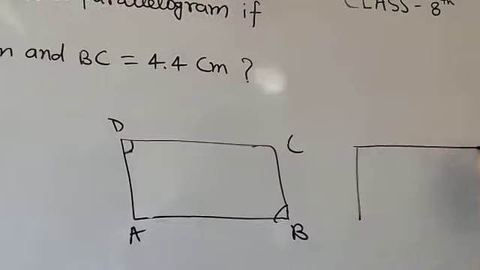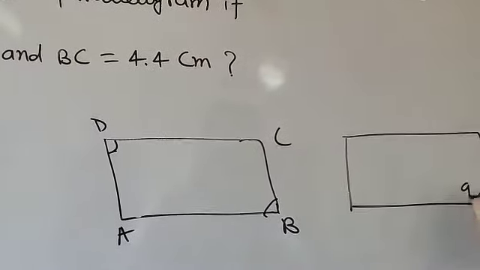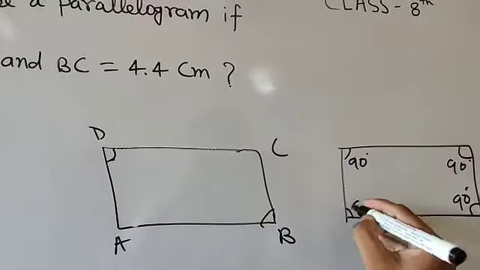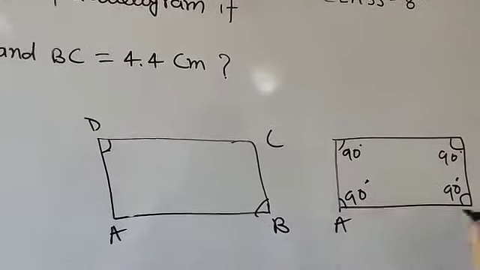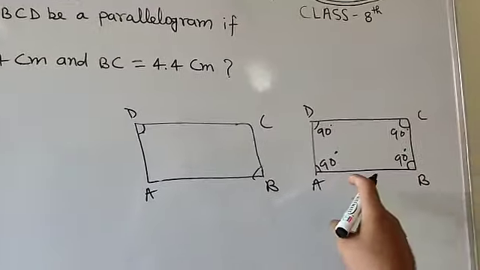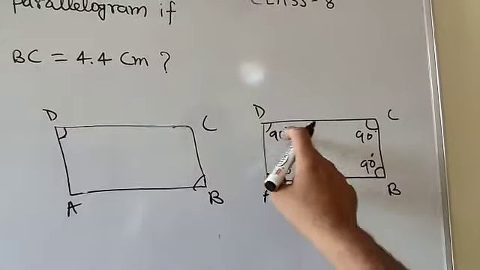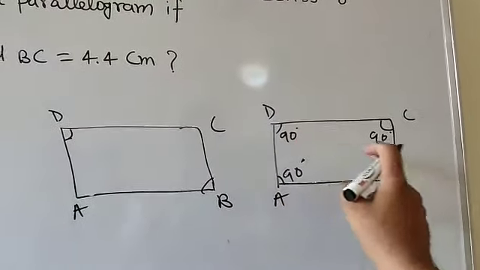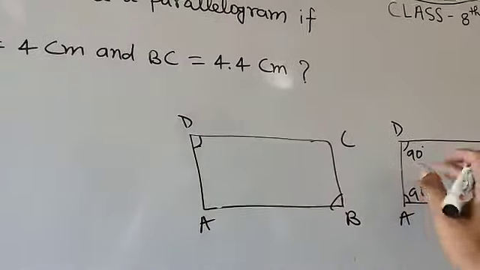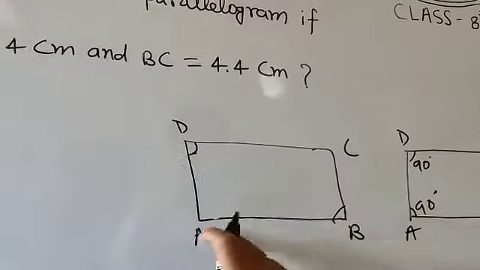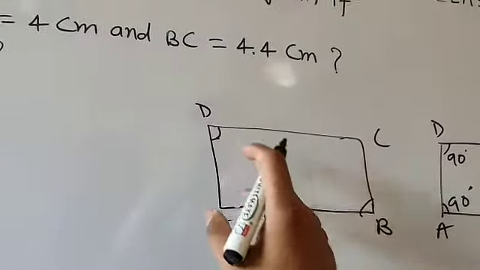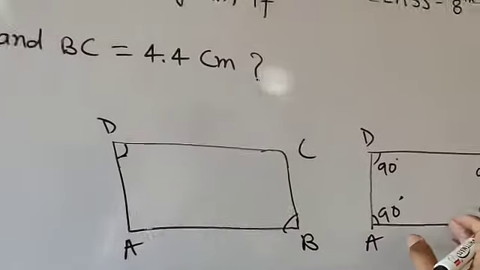If I draw a rectangle, each and every angle will be 90 degrees. If it is a rectangle or a square, then each and every angle will be 90 degrees. Suppose that it is A, B, C, D. So a rectangle or square is also a parallelogram. Here the sum of opposite angles, angle B and angle D, is 180 degrees, so here it is a parallelogram. But if you do not draw a rectangle or a square, then in the other quadrilateral it will not be a parallelogram. So here ABCD is not a parallelogram, but here it is a parallelogram.